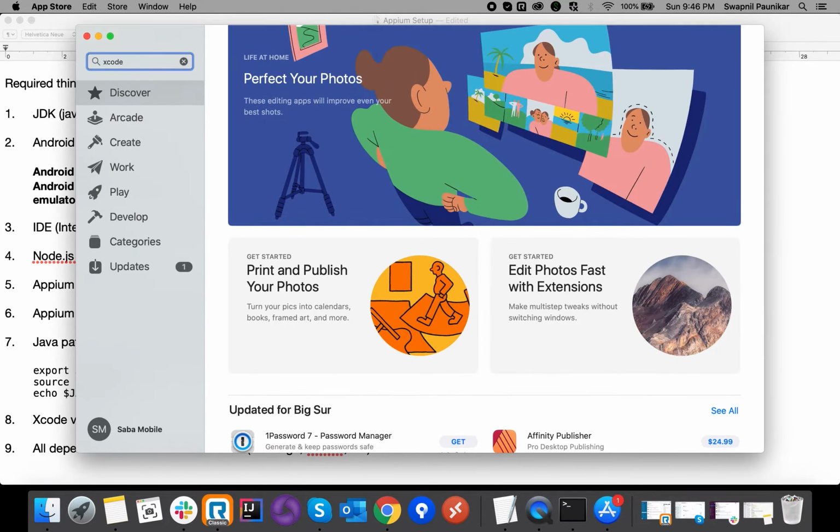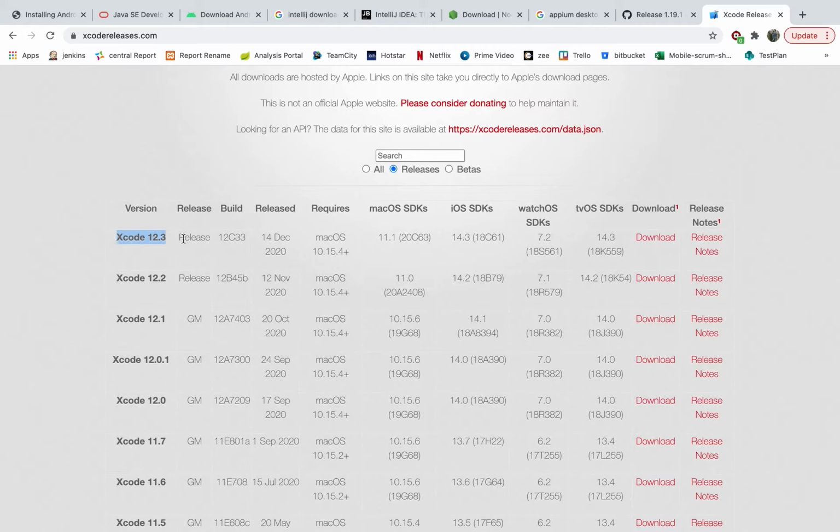The current iOS version is 14.3, the current macOS version is 11.1, and the current available Xcode version is 12.3.